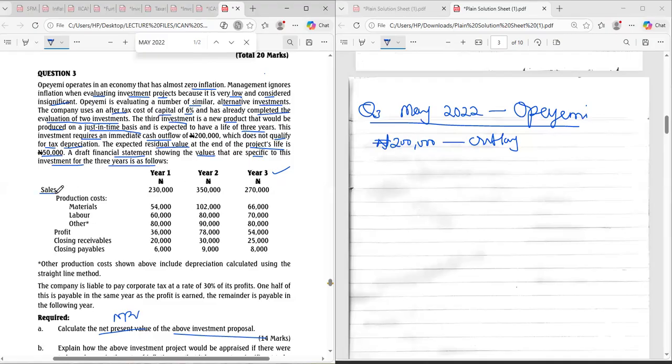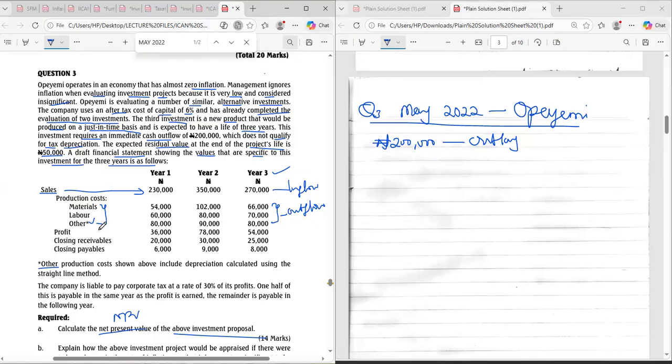And they said what? Sales, which is an inflow. An inflow, it brings money to the organization. So they gave you sales and they gave you production costs. This one that has an asterisk means that there's something we need to talk about, that's why they did it here. So these production costs are basically what? Outflow. Do you agree with me?